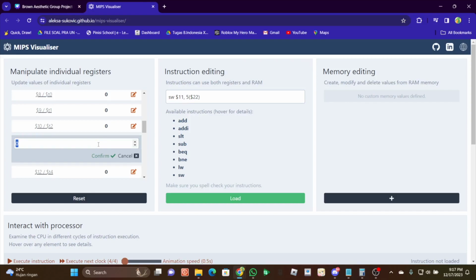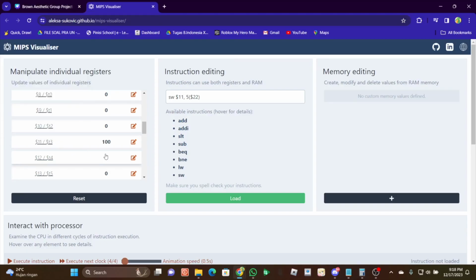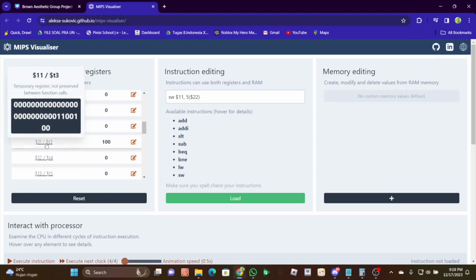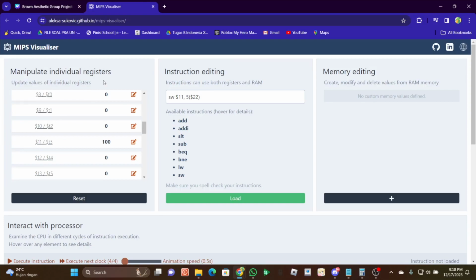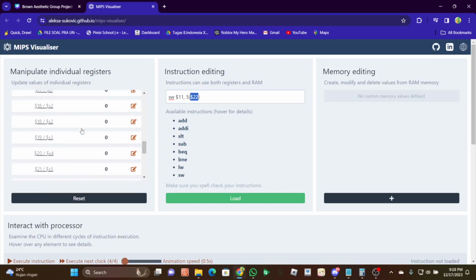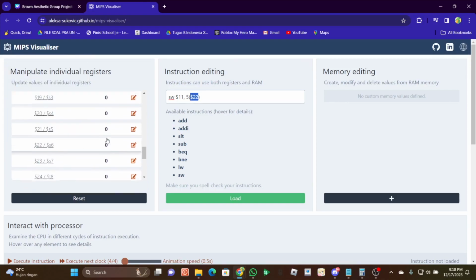For example, we can use 100 for the value in address 11. So right now, the value in address 11 in the register is 100. And the value for address 22, sorry, it's 0.